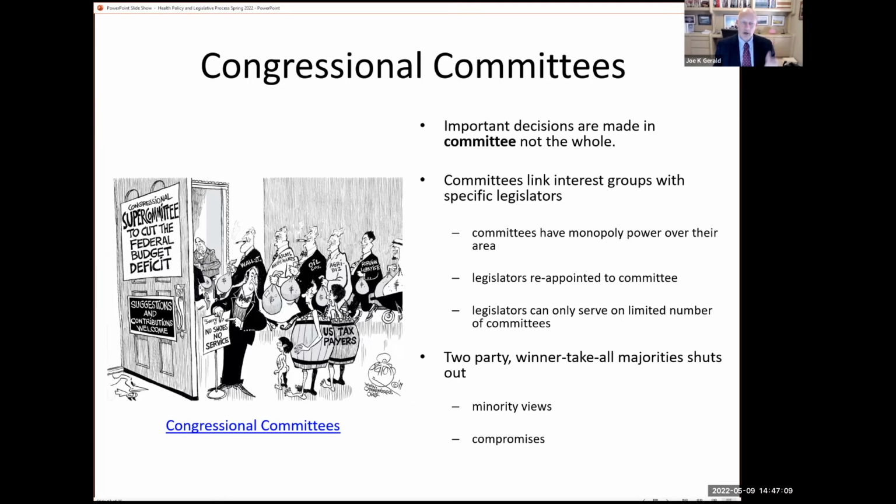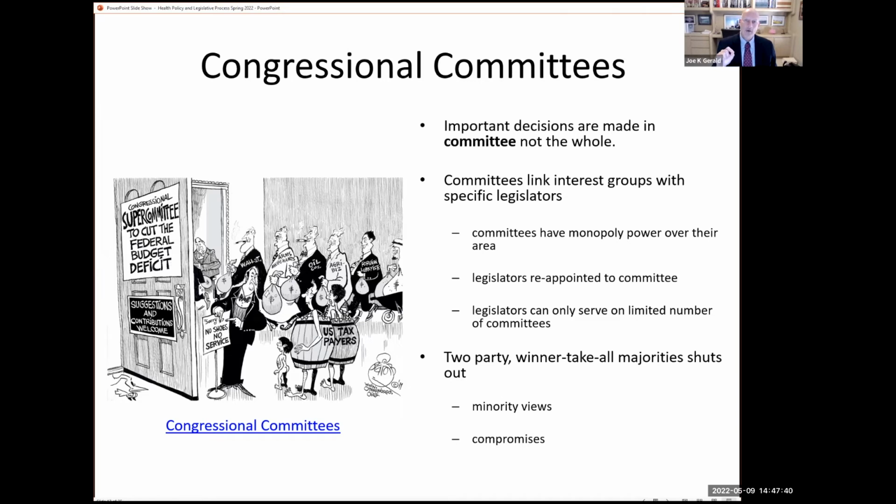I serve as an advisor to Senator Mark Kelly here in Arizona. Senator Kelly, for example, is on the Defense Oversight Committee in the Senate. He has two other committee assignments right now, which I'm blanking on, but that's it. There are approximately 20 to 25 committees in the Senate, but Senator Kelly can only serve on three of them. And so not every senator can serve on every committee.